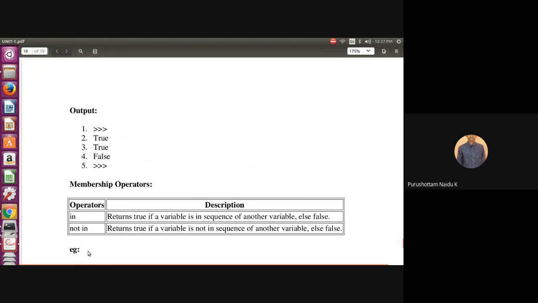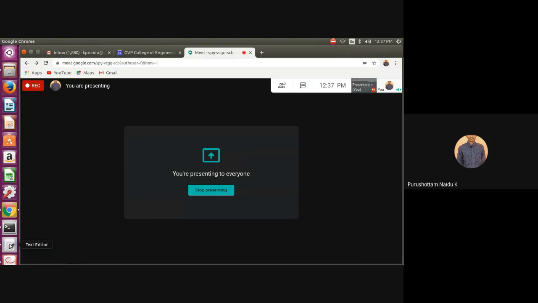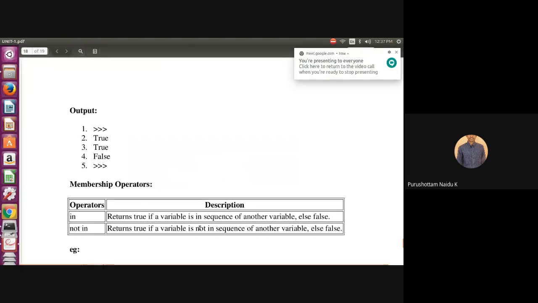Those are called in and not in operators, or membership operators. Clear? The in operator returns true if a variable is in a sequence of another variable. Mainly in and not in operators can be used in the next coming concepts, the control statements and also the loops.